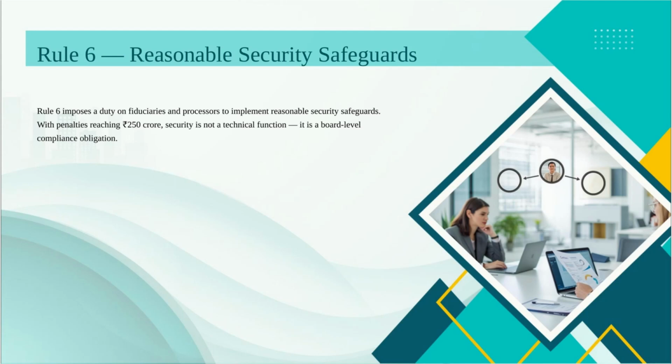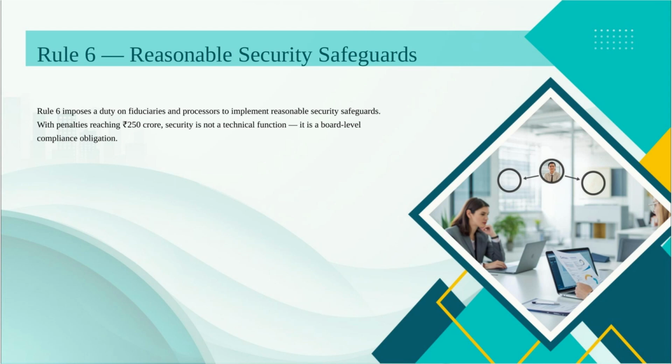Let me start with a number that should get your attention. 250 crore rupees. That's the kind of penalty that sits behind the security obligations we are about to discuss. Suddenly, "reasonable security safeguards" doesn't sound like vague boilerplate anymore, does it? In this chapter, we're going to unpack Rule 6, the rule that tells you how to actually protect the data